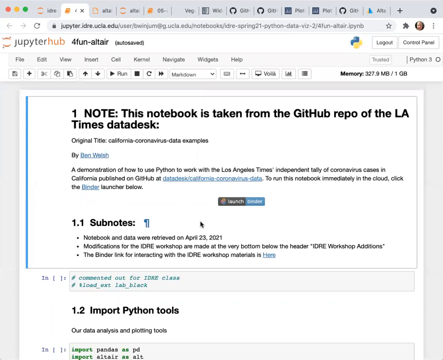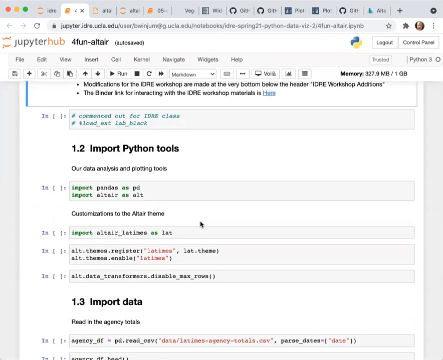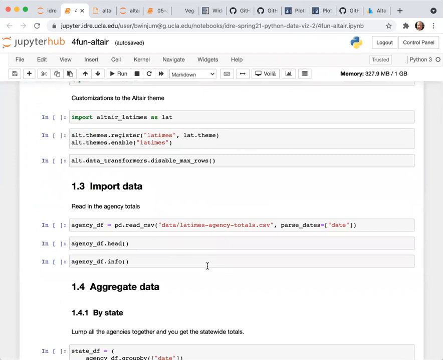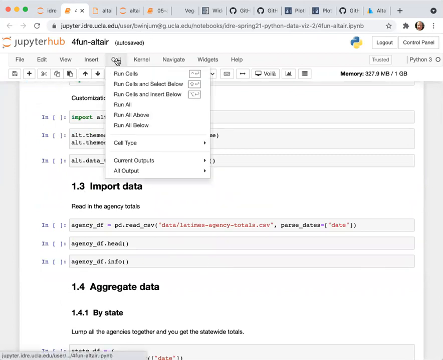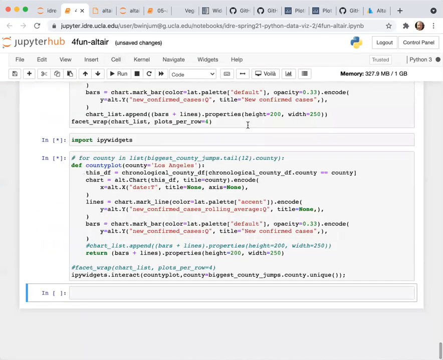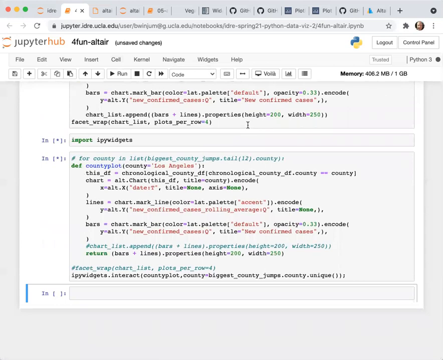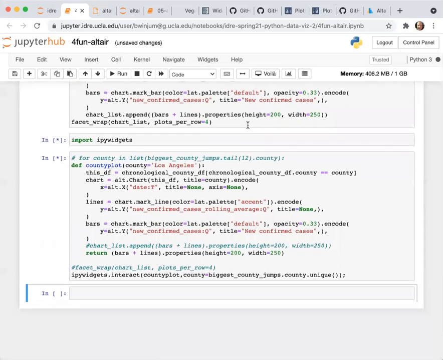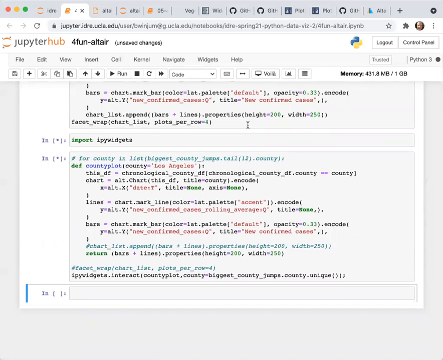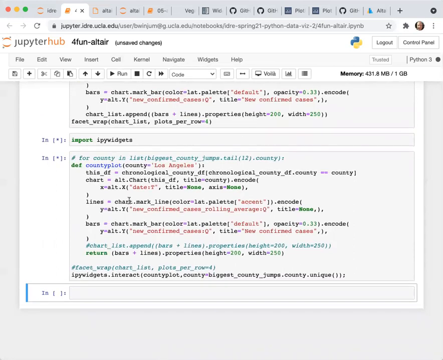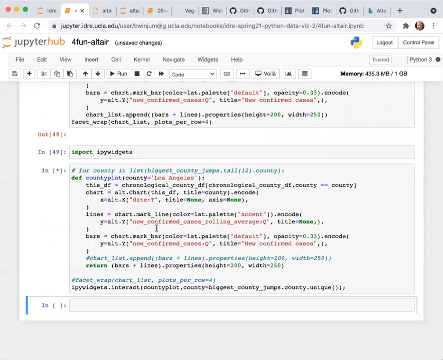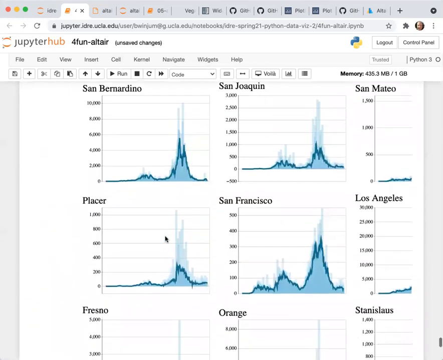If you want to look at a very practical application of Altair, this notebook uses Altair quite extensively to look at the time series history of COVID cases and deaths throughout California and Los Angeles. If you're interested in Altair, I think this would be interesting to look at as well.